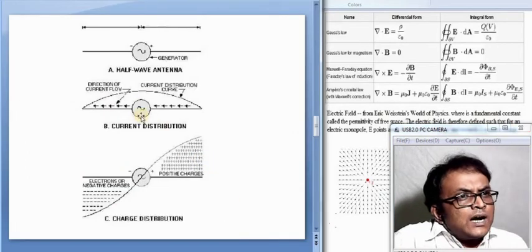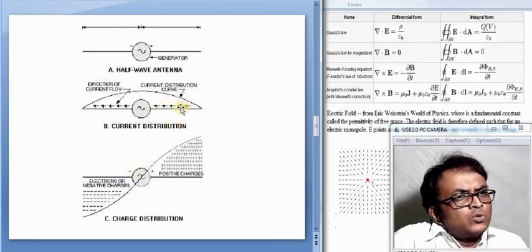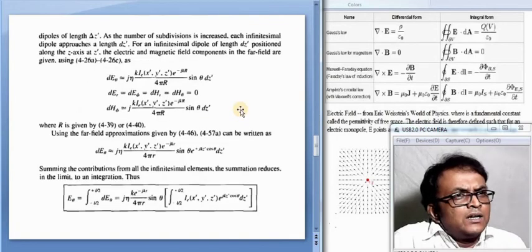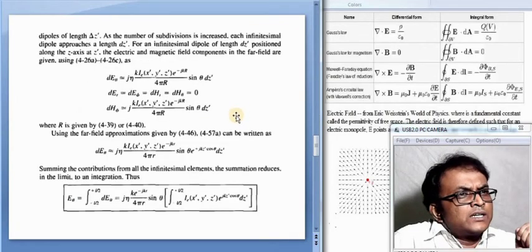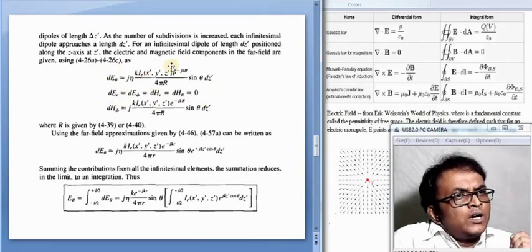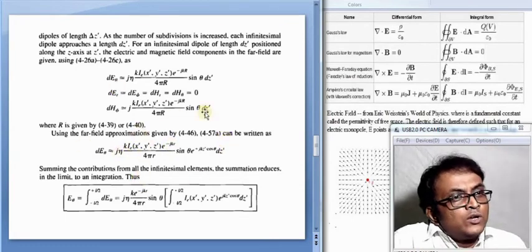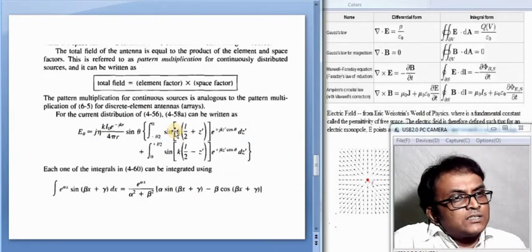So this is the current distribution as well as the voltage distribution; as the current and voltage are out of phase, the voltage distribution is maximum here, and here also on the negative pole side, while the current distribution will be like that for any dipole antenna. The associated electric field and magnetic field were already discussed, and they can be found. We can also find the E theta field, and these fields are used for radiation purposes.